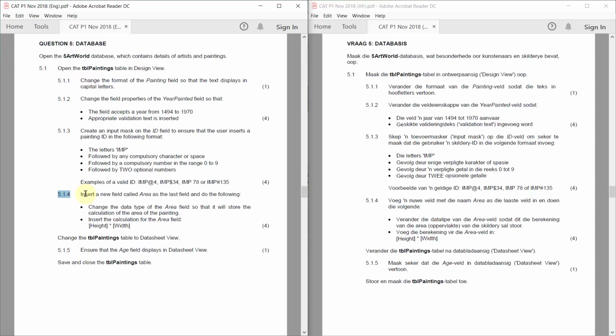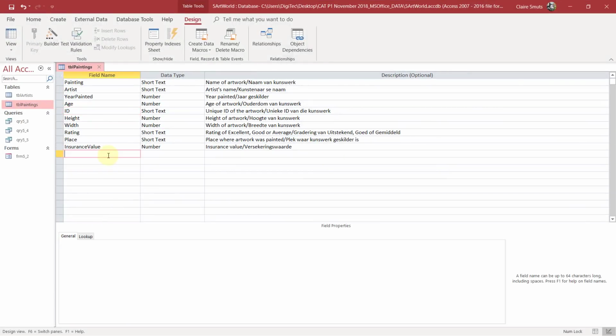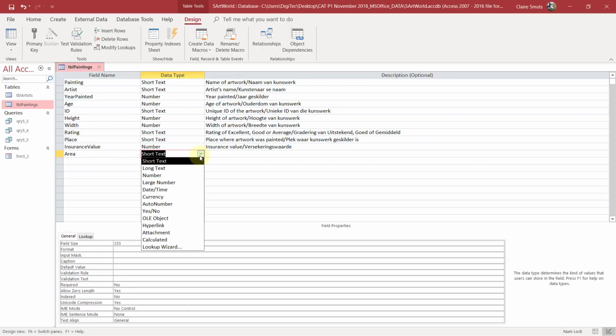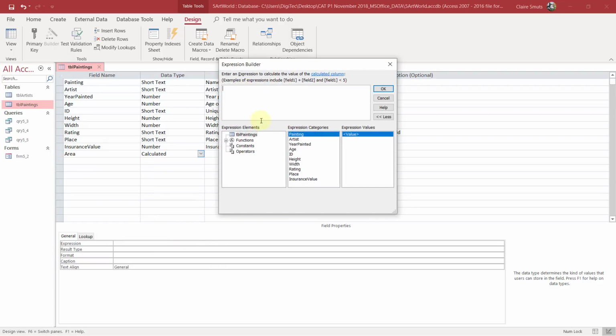5.1.4. Insert a new field called area as the last field and do the following. Change the data type of the area field so that it will store the calculation of the area of the painting. Insert the calculation for the area field, height times width. So, new field called area. The data type needs to be a calculation, and the calculation is height